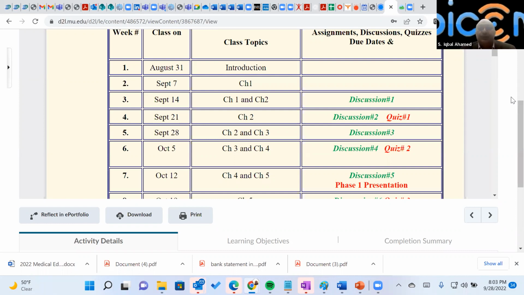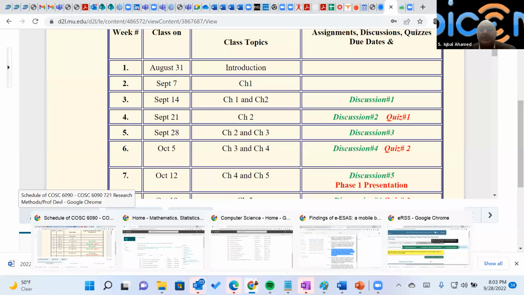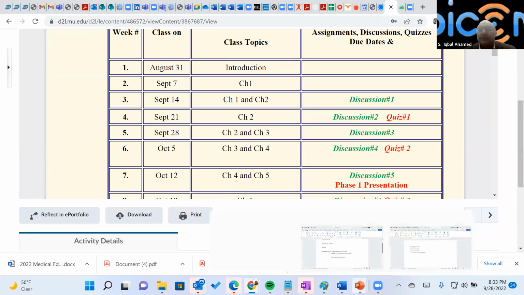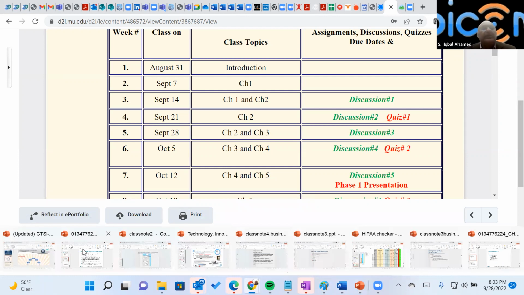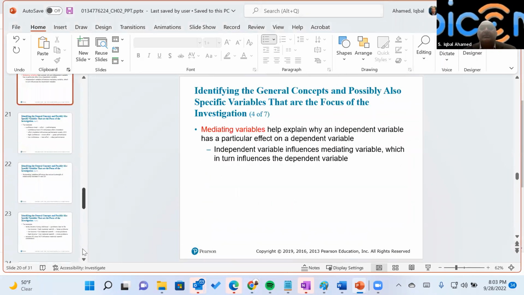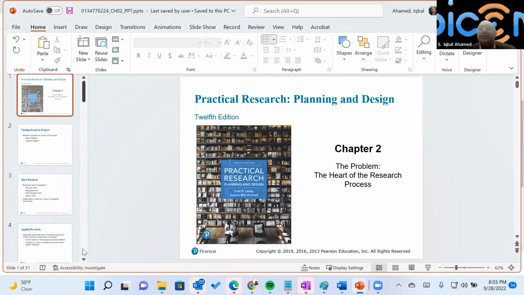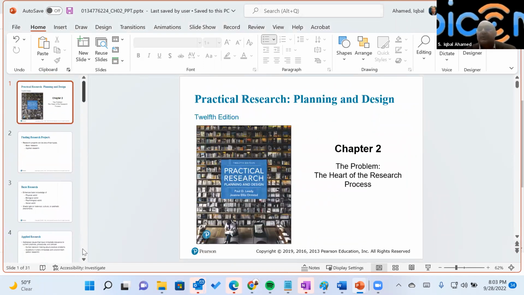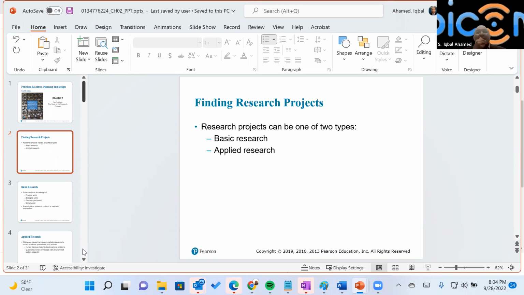So let's move into today's lecture. This is from the book, chapter 2. If you just go through the slides, it should be enough. But in case any of you want to go through the book, you can. Some of you have a newer version; I think it's kind of the same. So today's topic is the research problem: identifying a research problem and how to approach it. That's the part we're going to talk about. Before we go into that, when you find a research project,